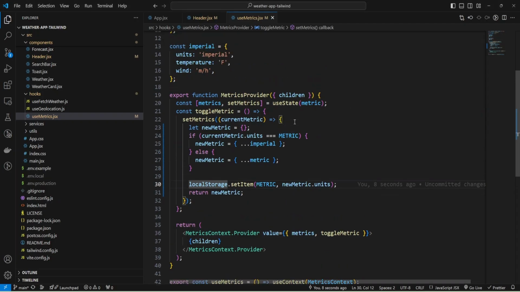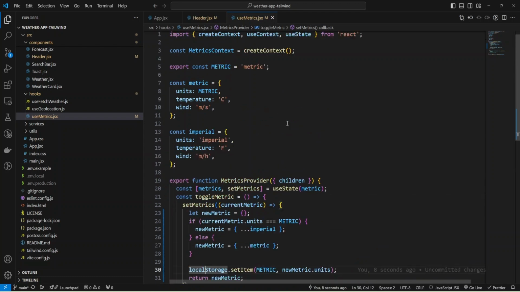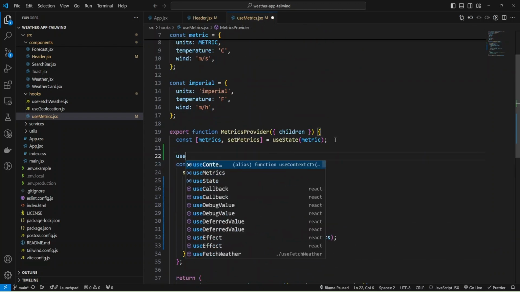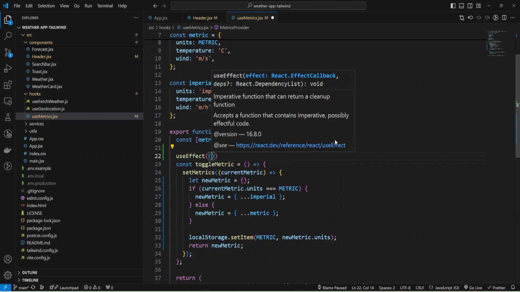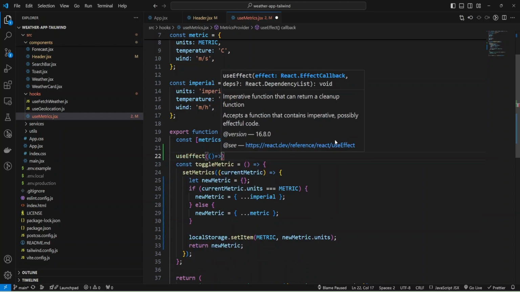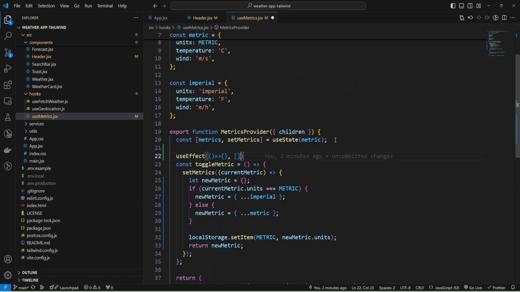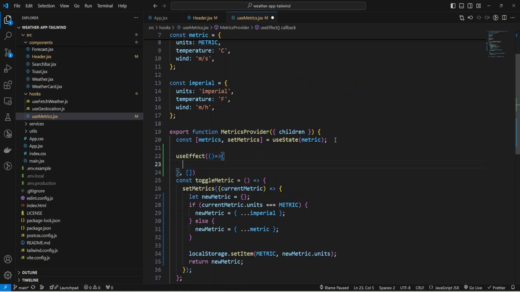And for that, I also will use the useEffect hook. I'm going to add a useEffect hook and provide a function, and we'll call it initially when the component is mounted, and inside the code I'll retrieve my metric from local storage and store it in a const like storedMetric.